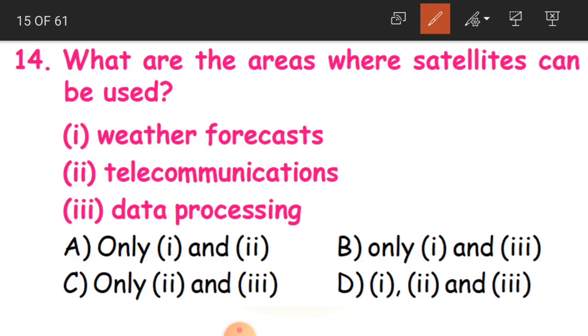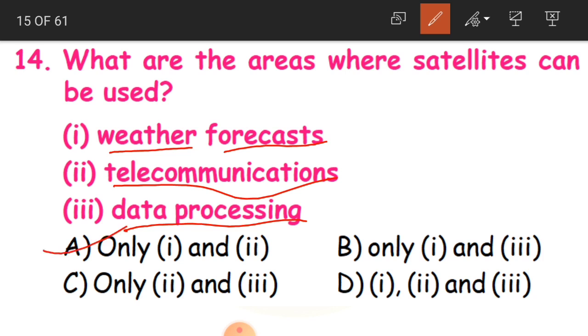So, what are they used for? Either for weather forecasts or telecommunications or data processing. And the answer is 1 and 2, for getting information about the weather forecast, when it will rain, and when natural disasters like earthquakes, cyclones and storms occur. So about weather and also telecommunication like our telephone and internet. To know about all these, we are using satellites. So only 1 and 2. Where are 1 and 2? Yes, A option.